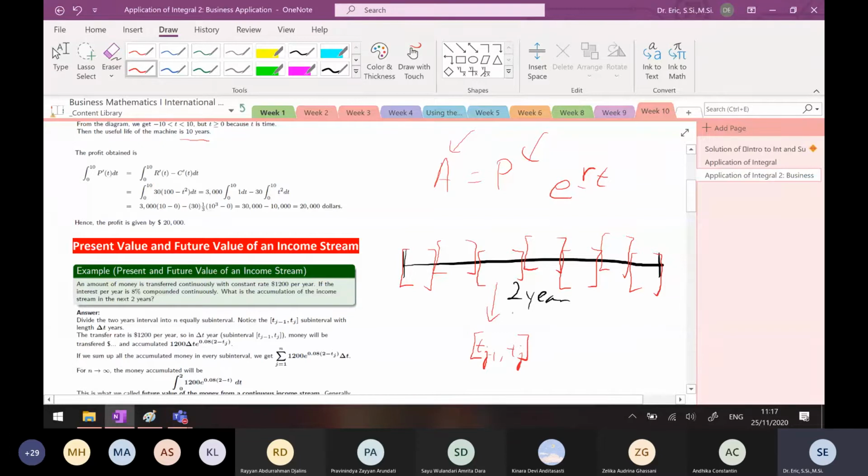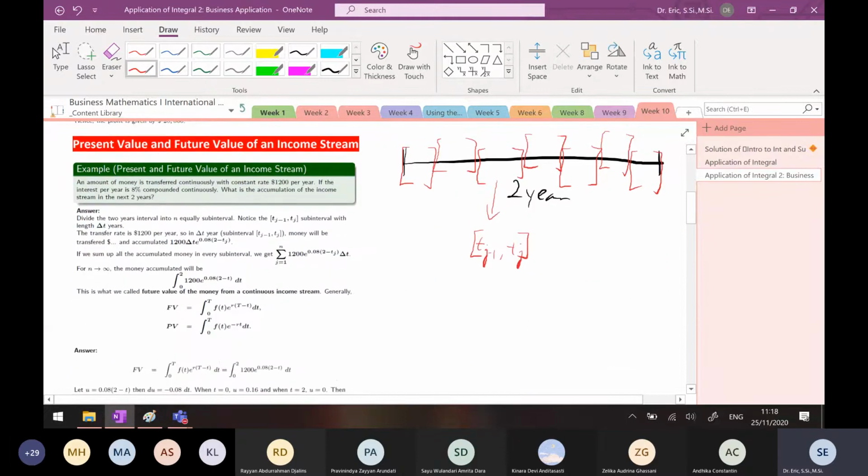So I have the sum of money. The length of this is delta t years, we usually call this delta t. The transfer rate is $1,200 per year. So for a half year, how much money will you have? That is 1,200 times a half. For a quarter of a year, it equals 1,200 times a quarter. So for delta t years, you have delta t times